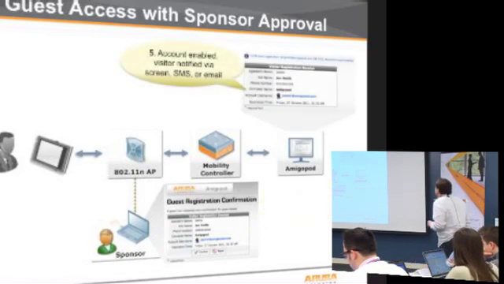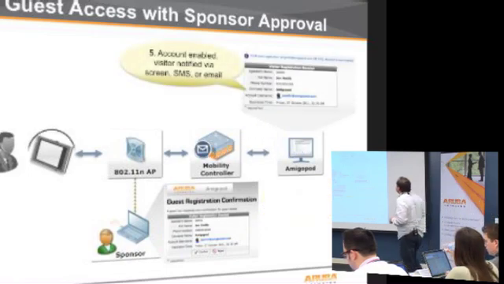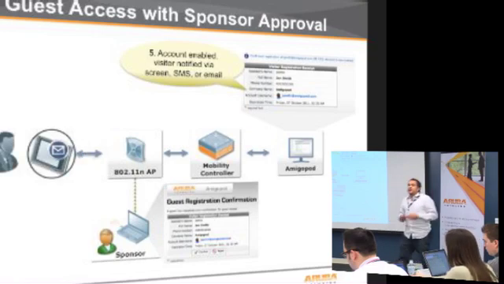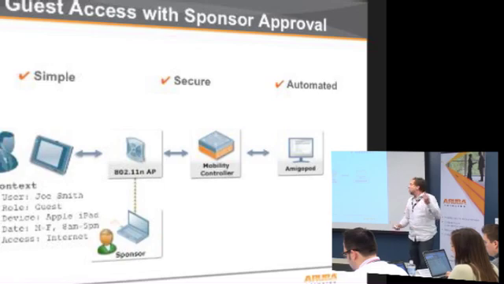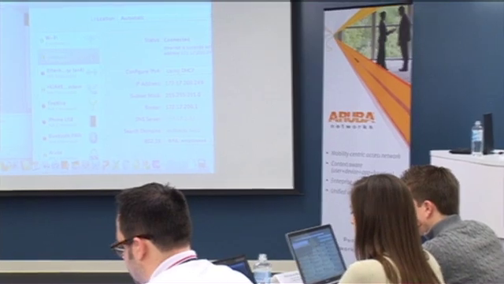We can then click that confirm. AmigoPod sees that that's been confirmed and then enables the account and notifies the user via an SMS or via email or by refreshing the page, which is what we're going to show you guys now. So I'm going to just duck out of here and associate to